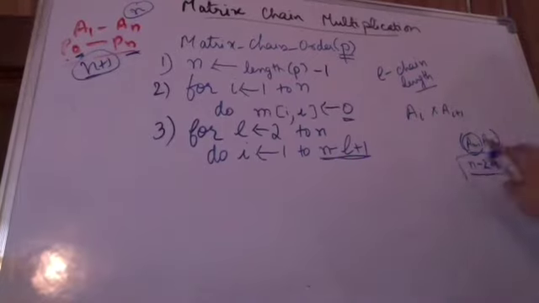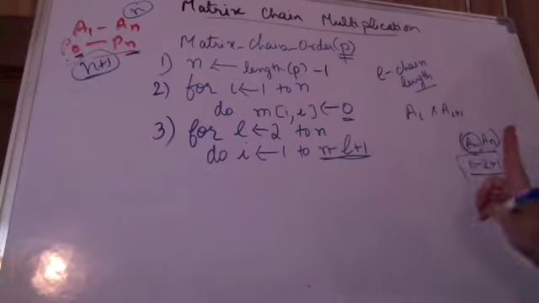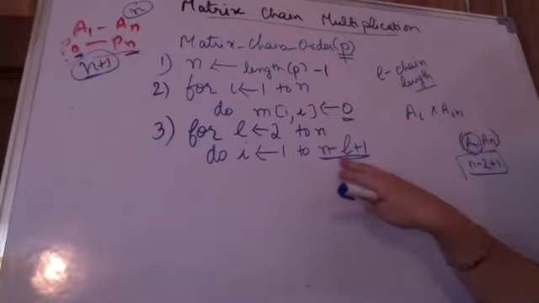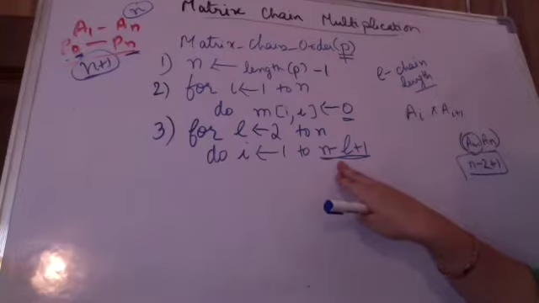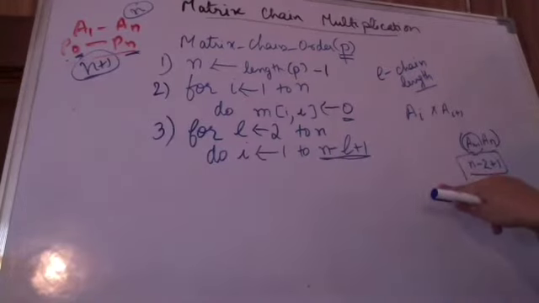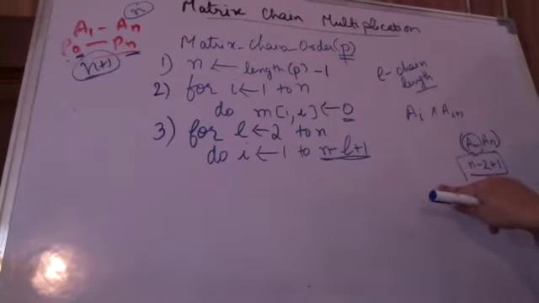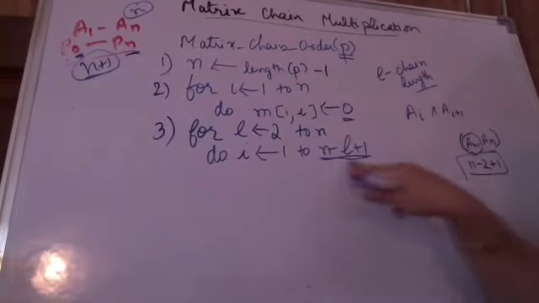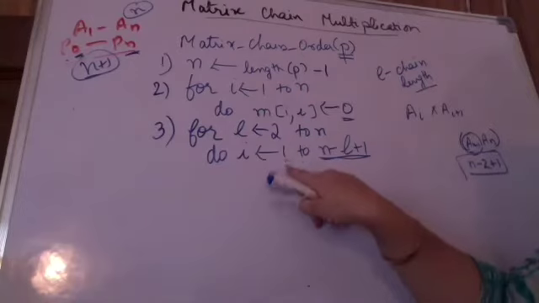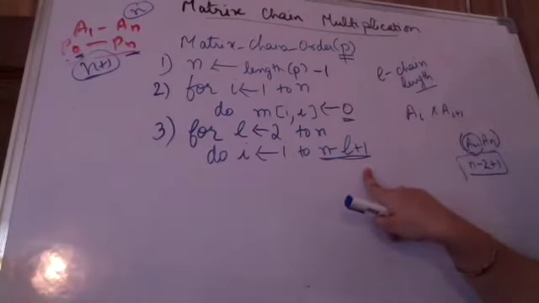Understanding? The chain length of matrix multiplication is 2, so it is n minus 2 plus 1, that is n minus 1, from where this chain begins. Where does the last chain start? From there till there the loop has to run. So the last chain will begin with n minus L plus 1, where L is the length of the chain. That is why I am running my first loop, the starting point i of the chain, from 1 to n minus L plus 1.